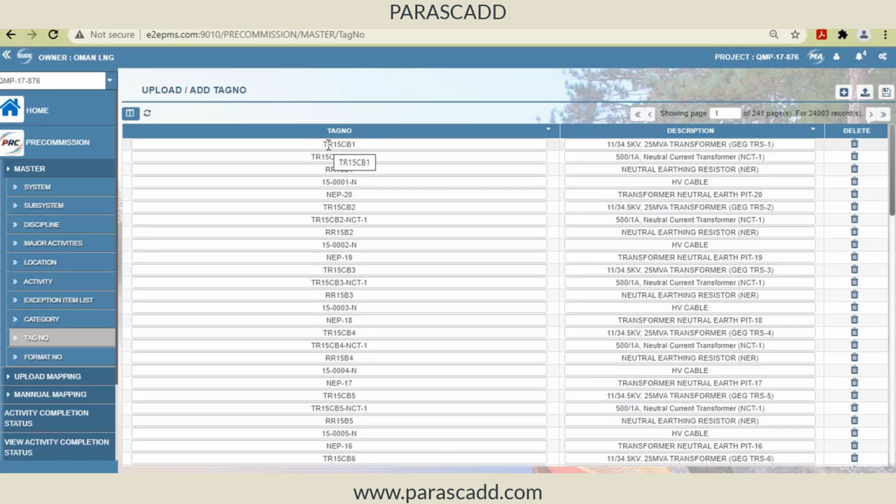So I have many subsystems. Each of the subsystems is going to have, for example, civil, and once there is a civil, there is going to be RCC or PCC or foundation. And if it is a foundation, then these are all the item tags which I have to complete. If it is something related to instrumentation or cabling or trenching, these are all the tag numbers for that particular activity. So these tag numbers are nothing but an activity.